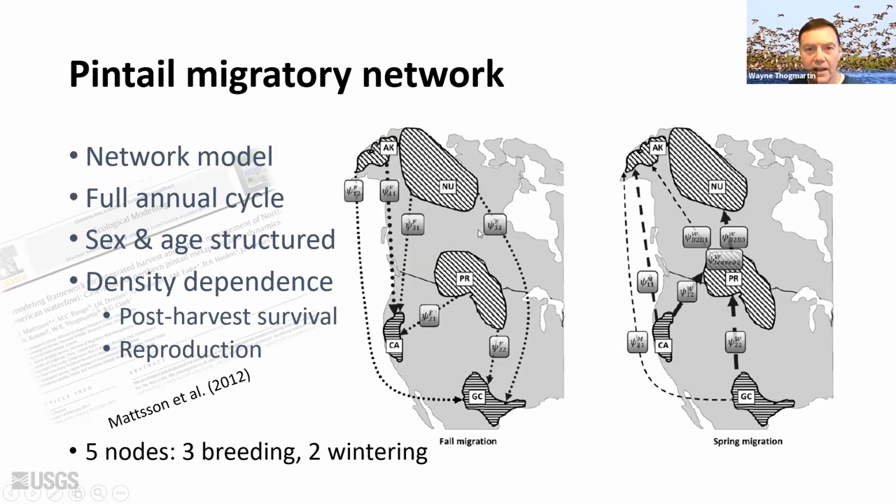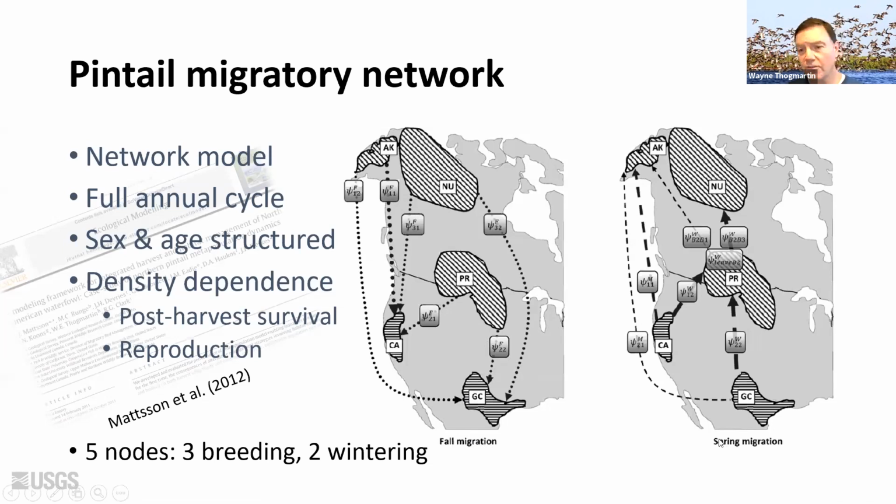And then there's this nebulously defined unsurveyed area north of the prairie potholes. There are also two wintering locations, one in California and one in the Gulf Coast. These are not explicitly defined; they're spatially implicit, if you will. But we have network connections among all these different nodes for describing the fall migration as well as the spring